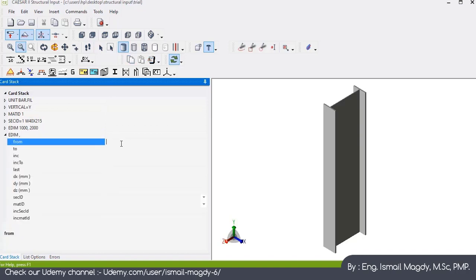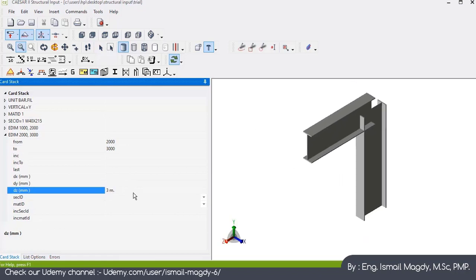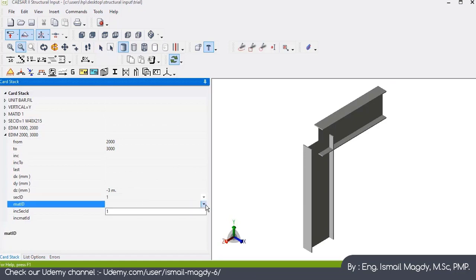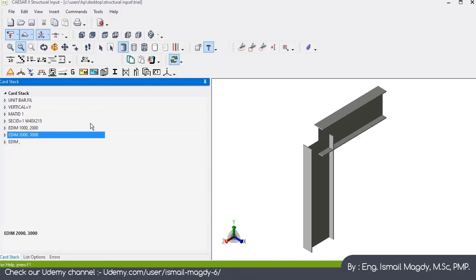We will open here, we will connect between node 2000 to 3000, and it is in Z direction. Let's say 3000 millimeter. Let's keep it in the other direction, minus 3000, and this is the element, and again the material ID and the section ID are 1. We have only one. Insert another one